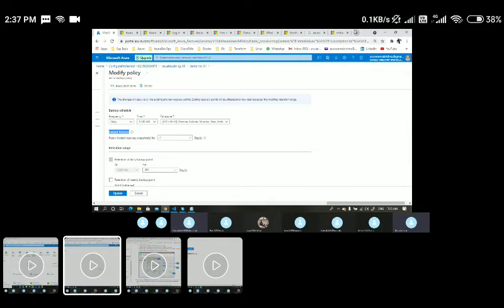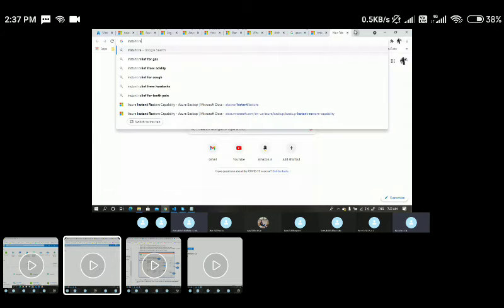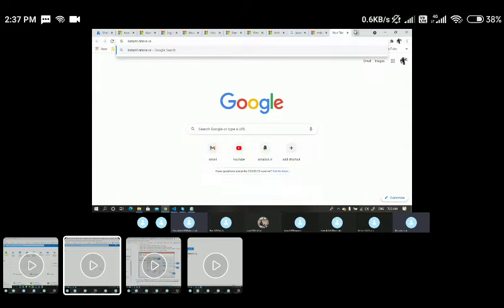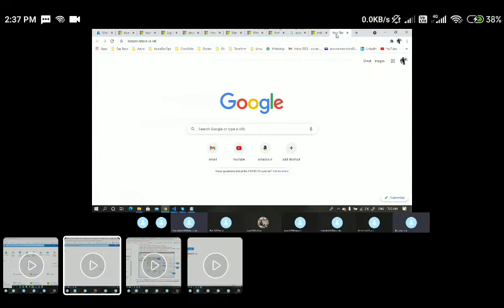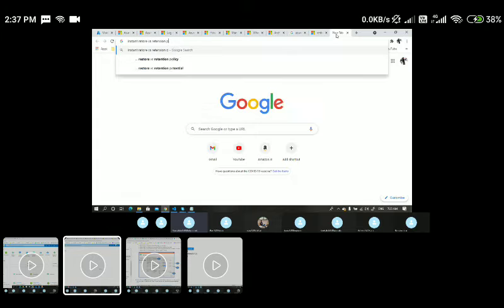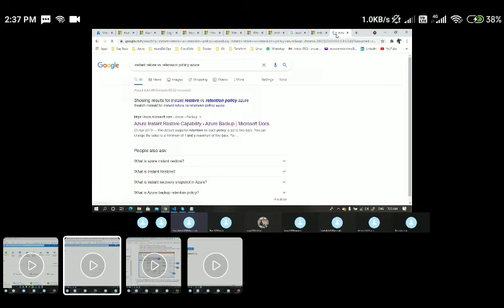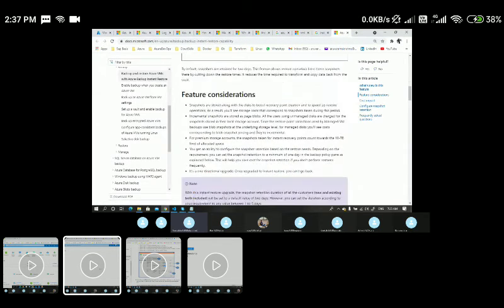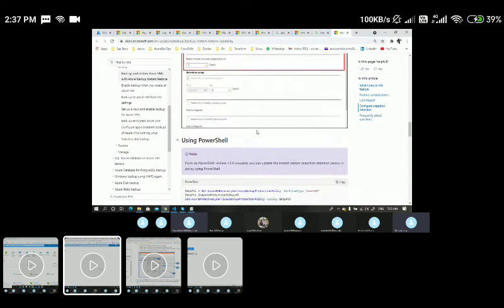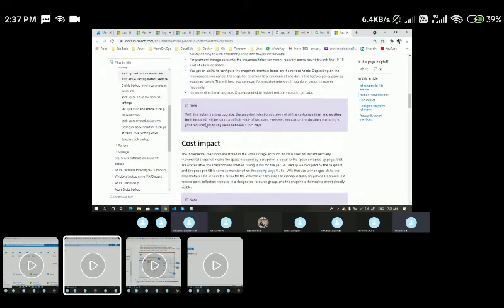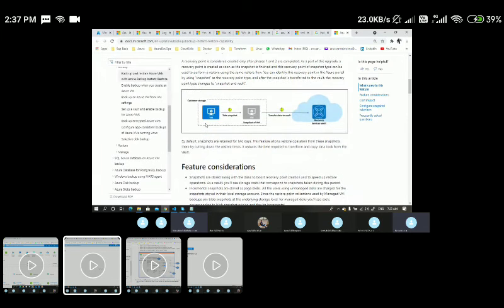Let me give one more example, instant restore versus a retention policy for 30 days. So you can have a minimum of 30 days of snapshots available. Only the first 2 days, because 30 days is already given, so the 2 days is part of the 30 days as well, correct? Correct. So 2 days is part of 30 days, but what happens in these 2 days is that you will have additional features for whatever backup data you have taken.